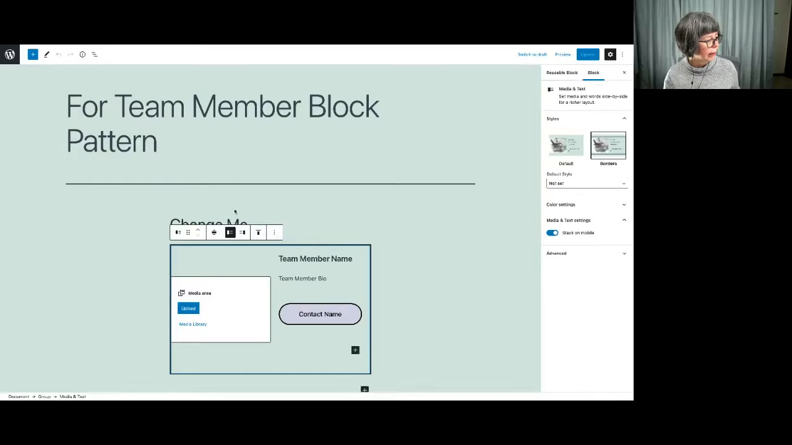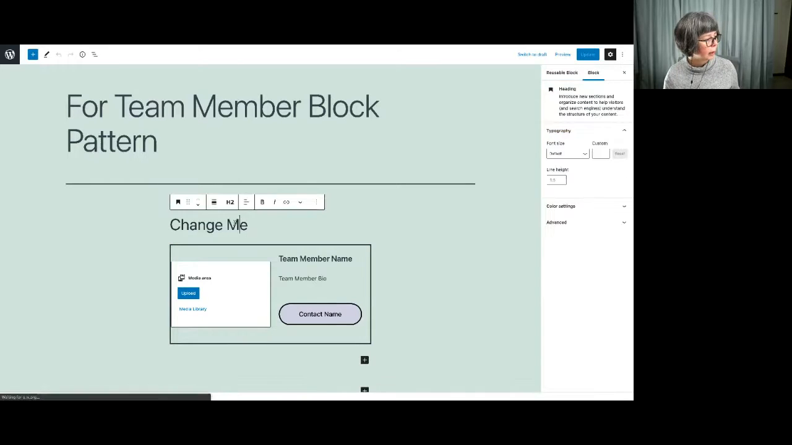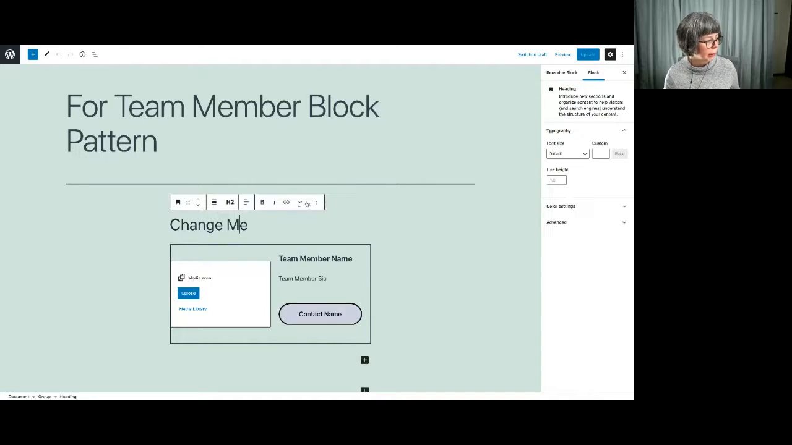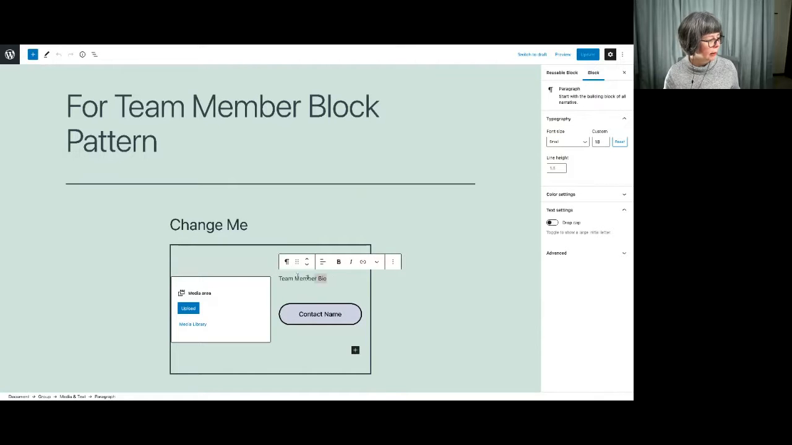And you can see here I have a reusable block created. I did this in order to create a block pattern, and we're going to use this again later for that purpose. But now I could actually go in and change this to, because if this were a reusable block, I wouldn't